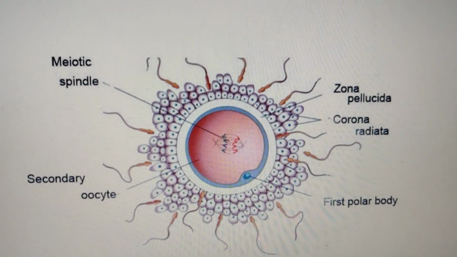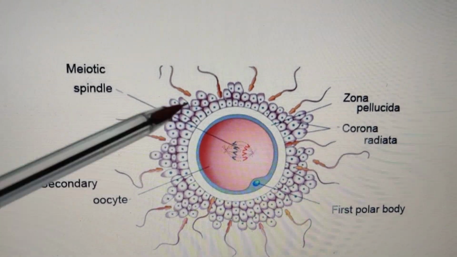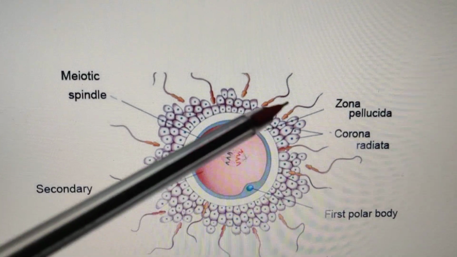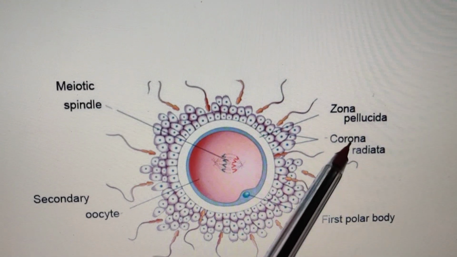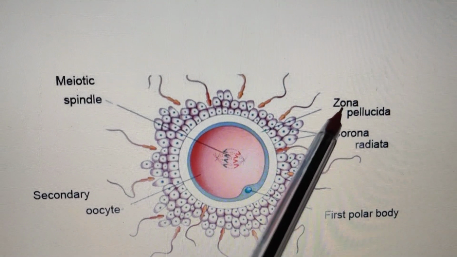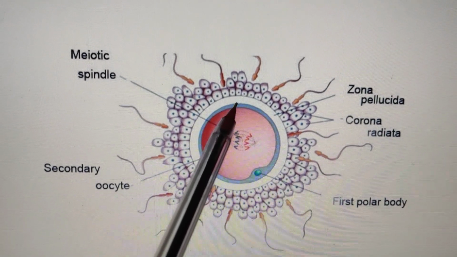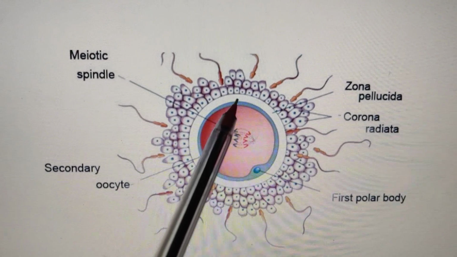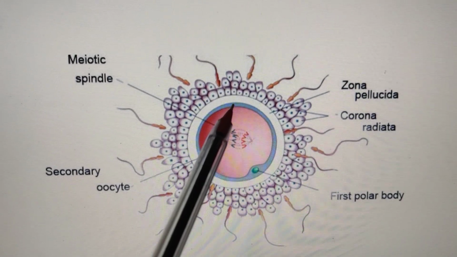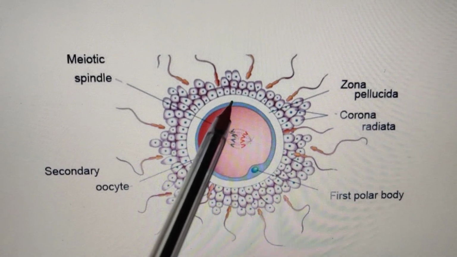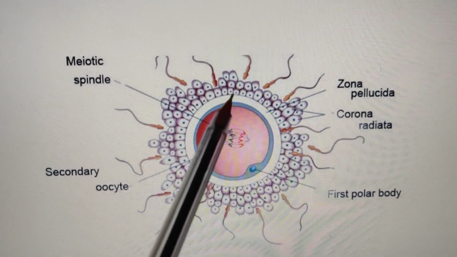Good morning, students. In the previous class, we discussed how the sperm digests all the walls present around this secondary oocyte, how it digests the corona radiata and zona pellucida. And now the sperms are in direct contact with this vitelline membrane. When the sperm touches the vitelline membrane, it forms a cone-like structure. That cone is the reception cone.